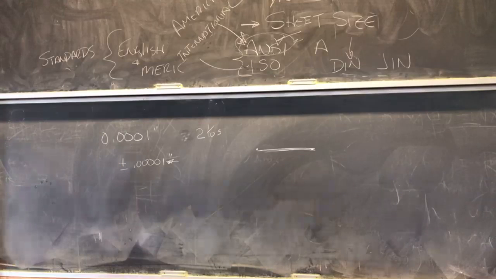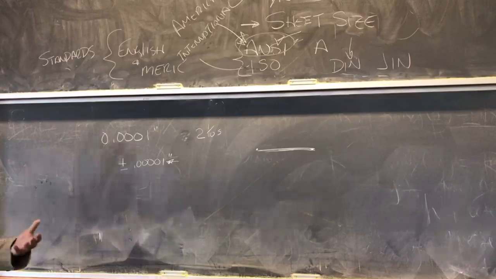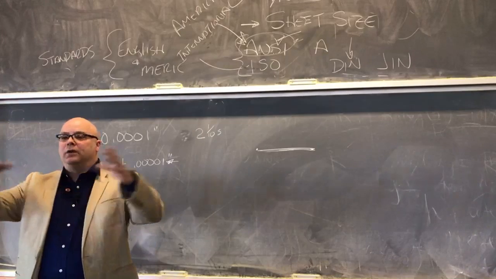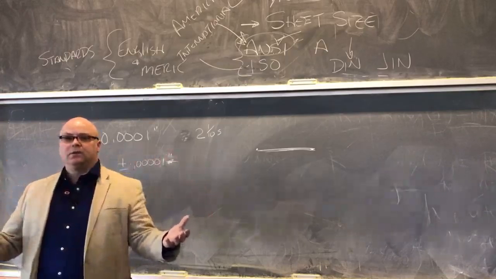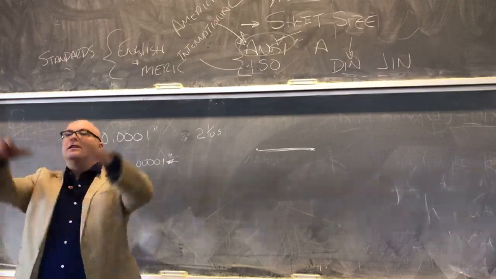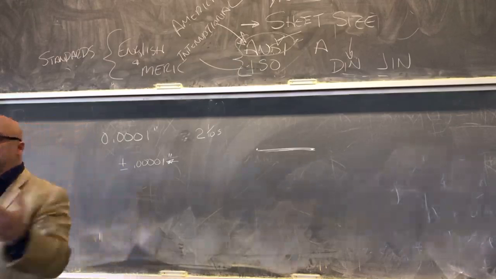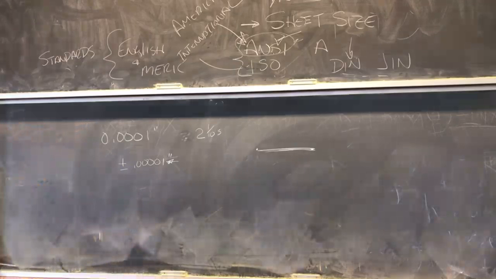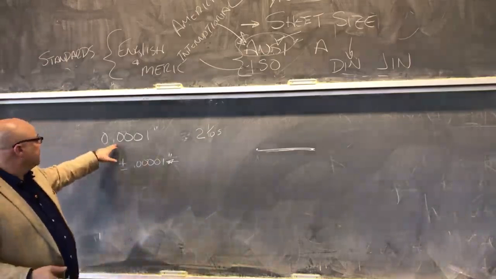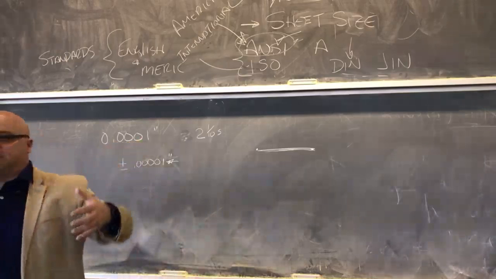I'd finally gotten this one kid to understand that some dimensions are more important than other dimensions. And in every design, some dimensions are more important than other dimensions. You believe that? And so the ones that are less important, what should we do with the tolerance? We should loosen the tolerance, right? We started the discussion with loose and tight tolerances. We should loosen up our tolerances, right? And so that means we want to have tolerances with fewer decimal places for the things that are unimportant.